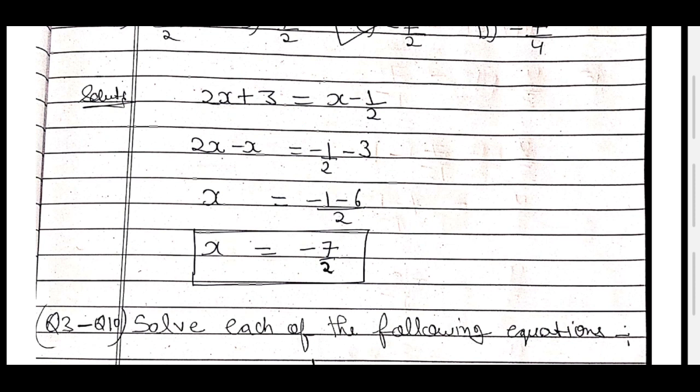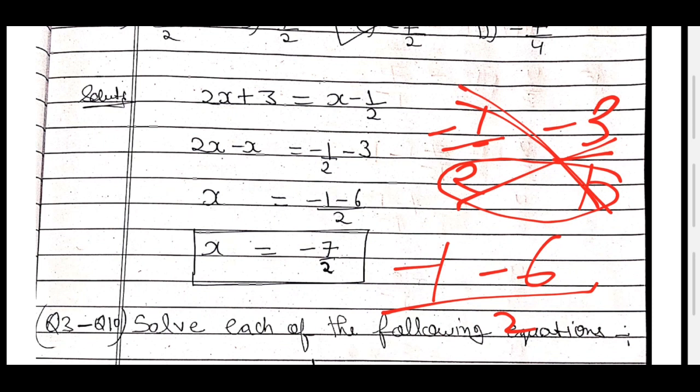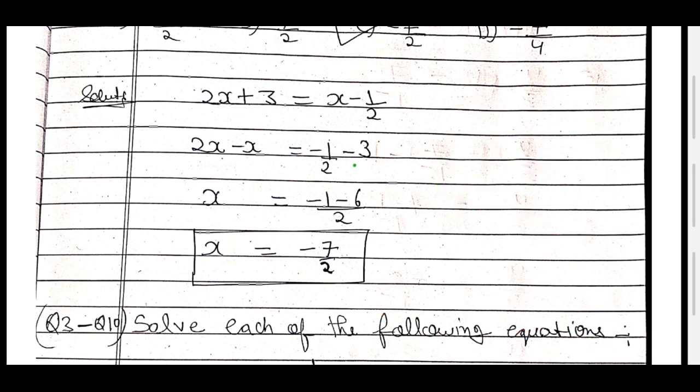Now you have to solve this one. How do you solve? Just write 1 upon 2 and minus 3. No number is present, so write 1 here from your side. Now do cross multiply. 1 1 is a 1 and 2 3 is a 6. So you write here 1 1 is a 1 minus 3 2 is a 6, and then 2 1 is a 2. It is a shortcut method. Just multiply first this by this number and this by this number, and the two numbers go together.